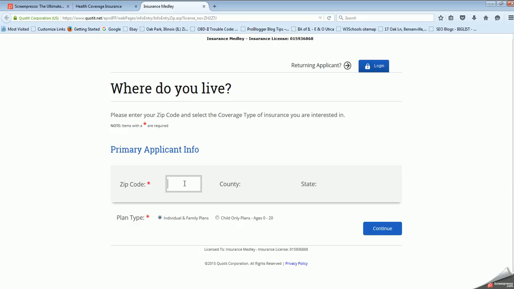You can enter whatever zip code that you're in, whether you're in New York, Los Angeles, anywhere in the United States. So we'll type in 60634. As you can see, the county pops up and the state pops up. We're going to be quoting an individual/family plan. The next step in the process is to click Continue.